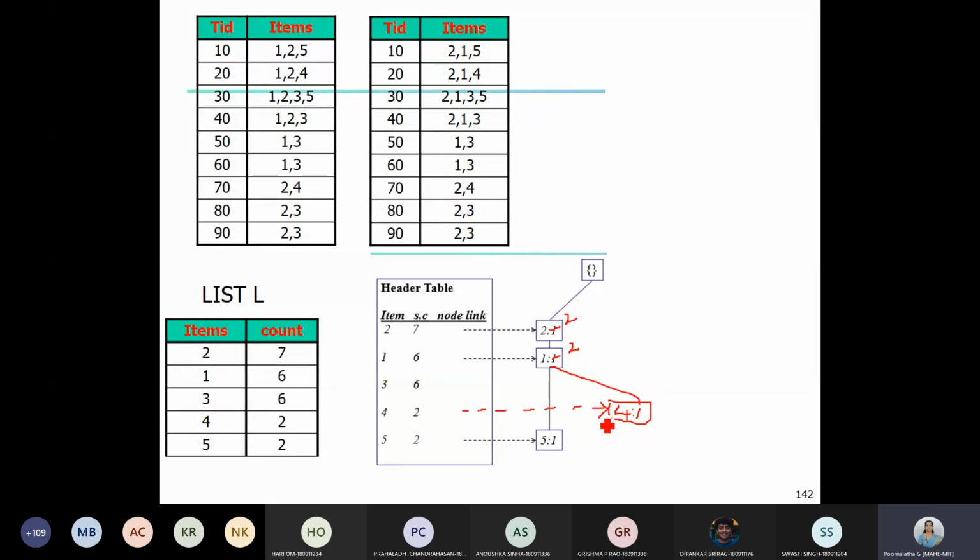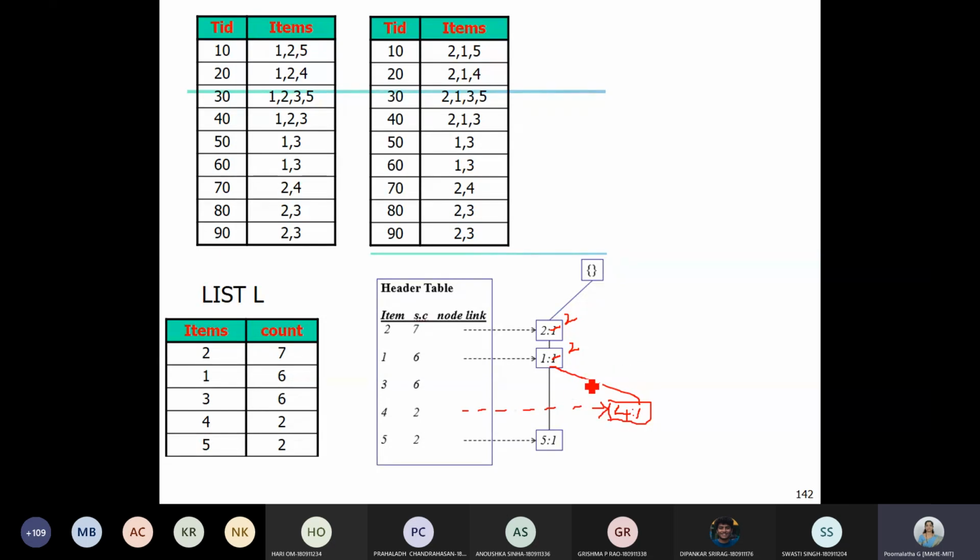So please observe how the PC tree is different from this. Here you can see one node can have multiple child nodes. So one node can have multiple links to its children, whereas in the PC tree, there is only one vertical link for a given node. Any other child nodes we need to represent using the horizontal line. That's why the sibling concept is there in the PC tree, whereas in the FP tree the sibling concept is not there. Okay, so 2, 1, 4.